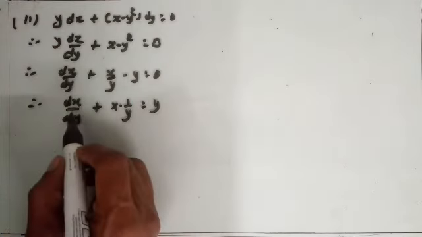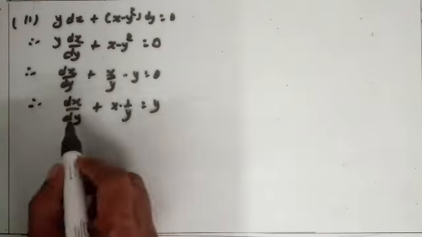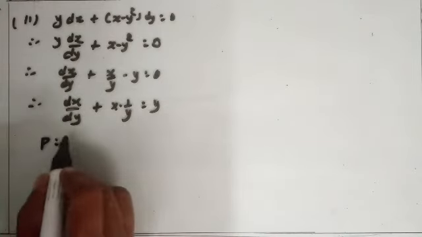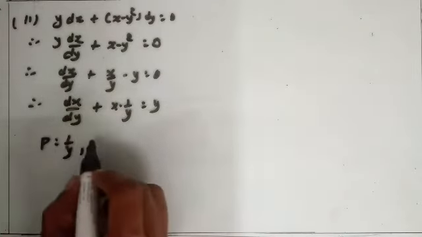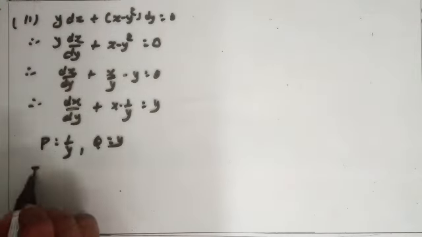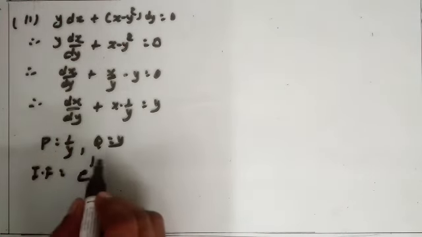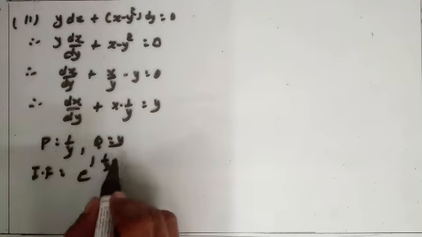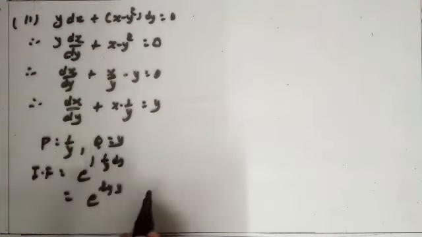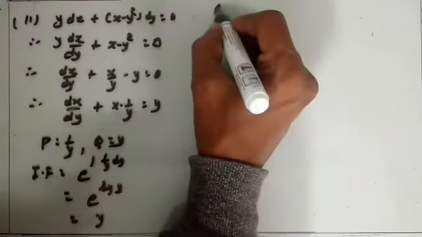Here dx/dy is given, so p is a function of y, that is 1 upon y. So p is equal to 1 upon y and q is equal to y. Now find the integrating factor. IF is equal to e raised to integration of p, that is 1 upon y dy, is equal to e raised to log y, is equal to y. So the solution becomes,